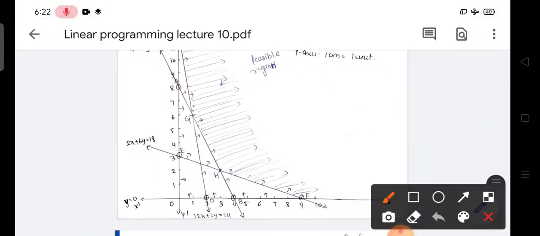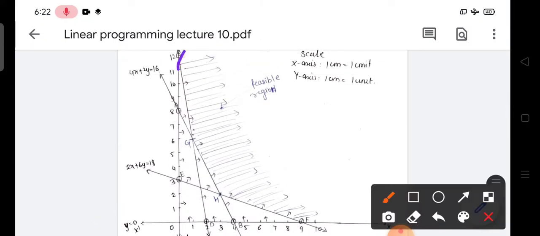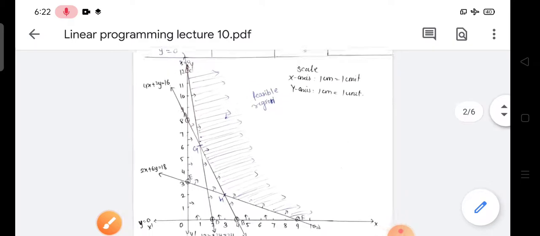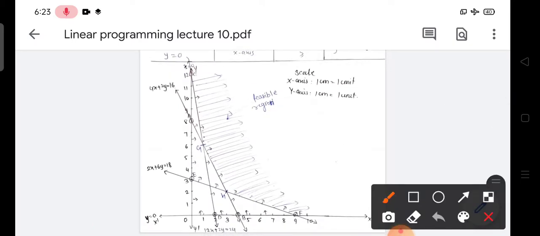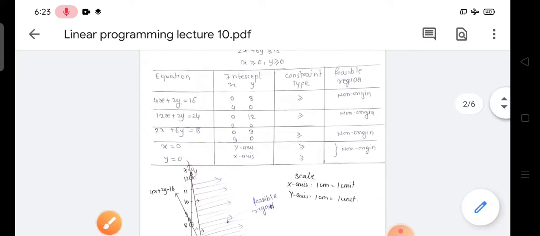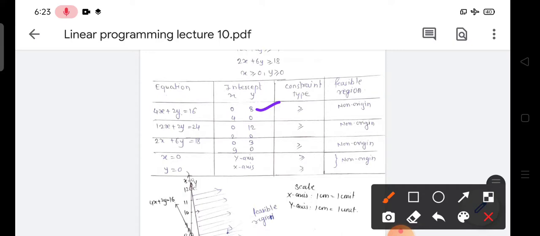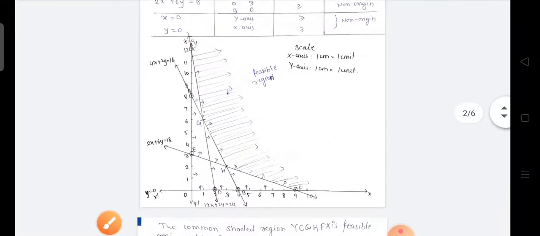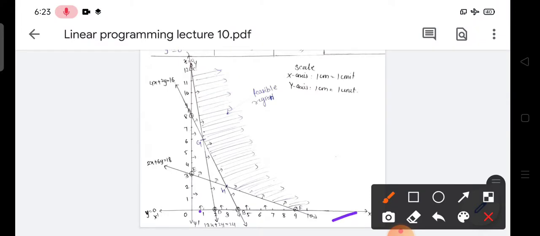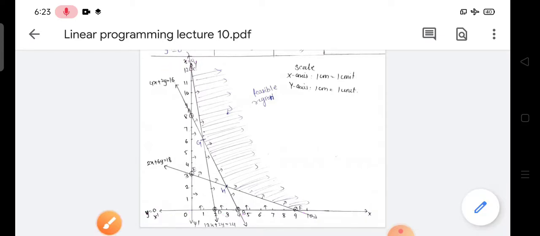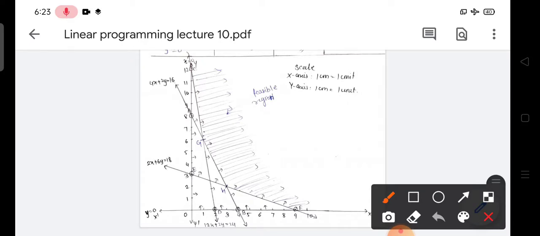Done. So plot the y-axis and x-axis. Okay, so for the first line, what will we get? 0, 8 and 4, 0. So see the points. We decided the scale and plotted the scale here up to 9, 10. For the y-axis we will require up to 12, so we take the points up to 12. Here is the origin. Y-axis means x equals 0. X-axis means y equals 0. Done. So we'll plot the lines.